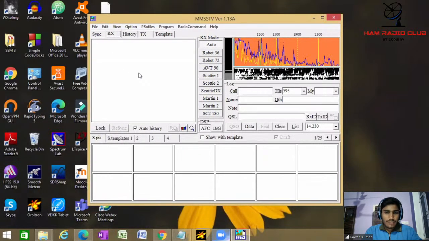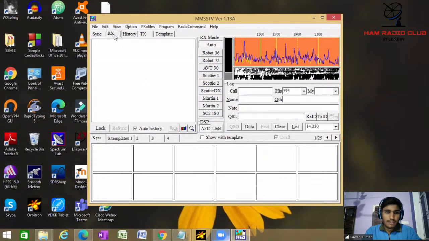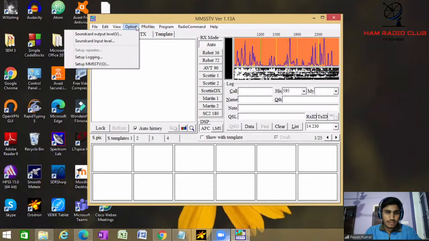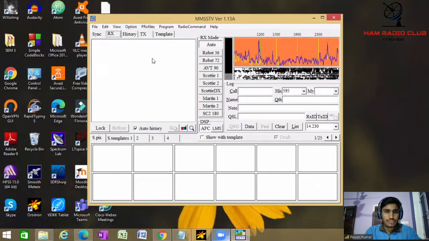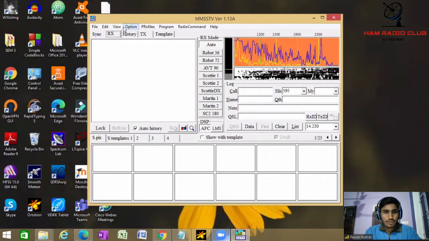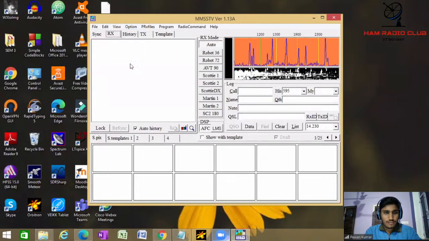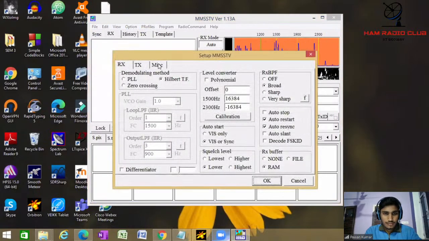So now we have received the signal. We are concerned only with the RX, and before this you have to select your audio input and your audio output if you want to record the image. So go into the option